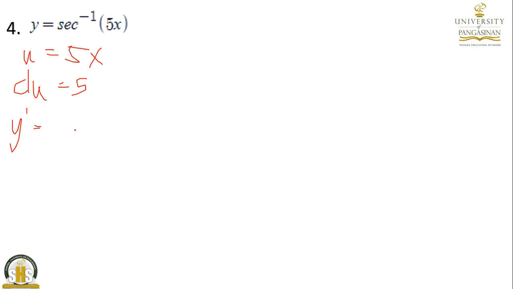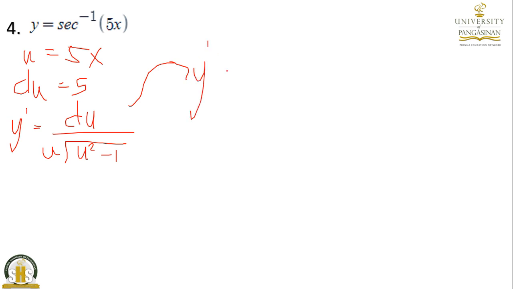derivative of the inverse secant is, check nyo lang yung formula ninyo, du over u times the square root of u squared minus 1. So, substitute na natin. Yung du natin is 5. Tapos, yung u natin is 5x. Tapos, meron tayong